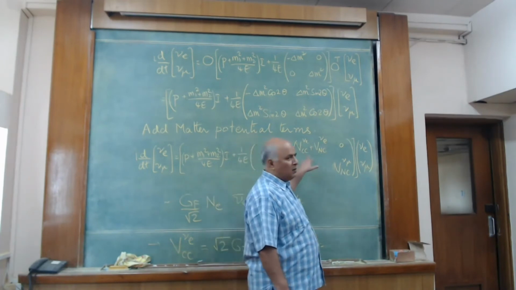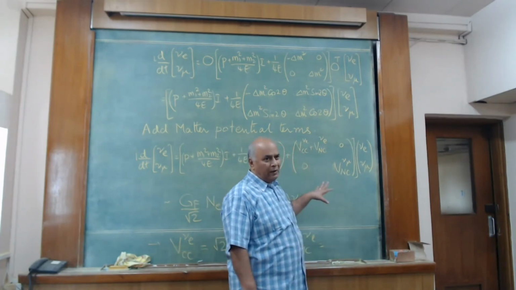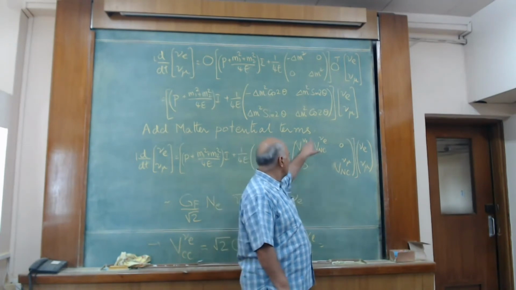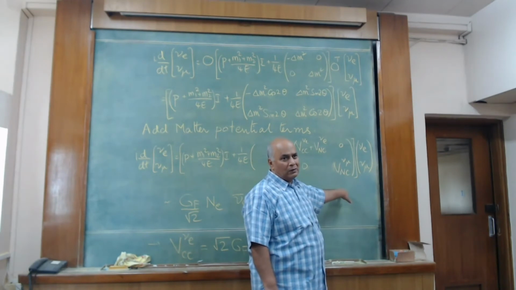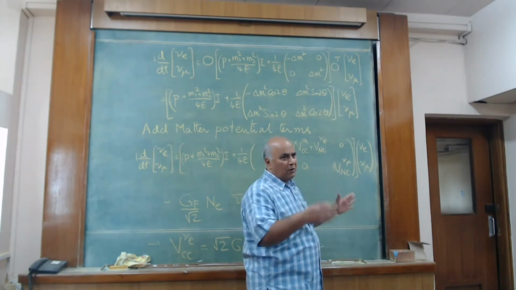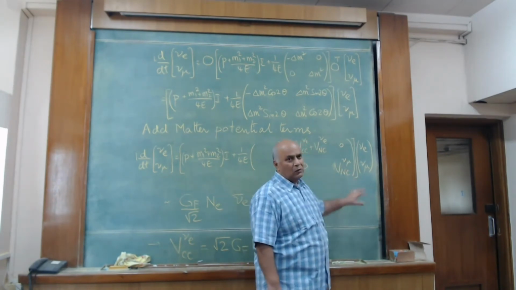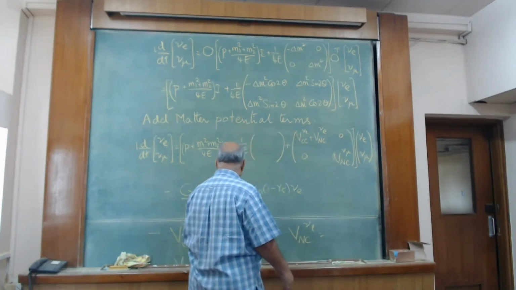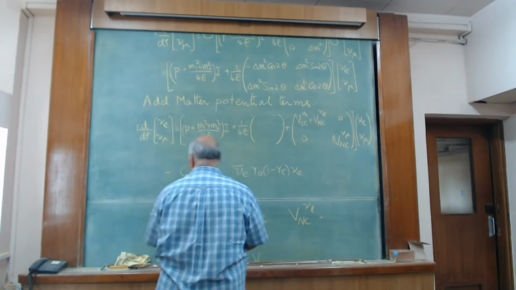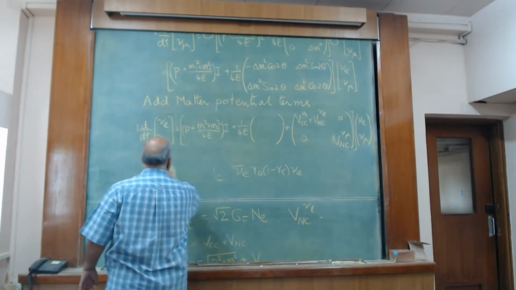I write VCC by 2 times identity plus VCC by 2 here and minus VCC by 2 here, so that the sum is VCC here, 0 here. So if I do that, I get